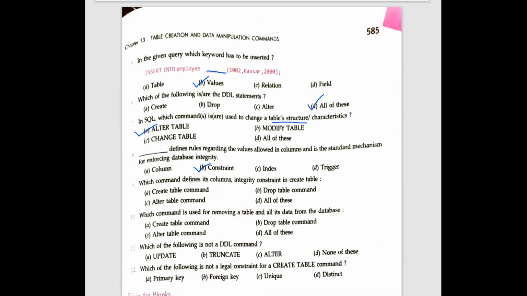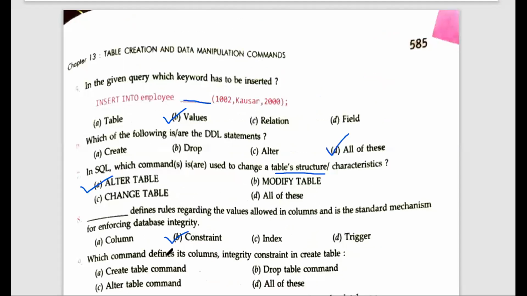Okay, then the next question is, which command defines its column integrity constraints in create table? Let us read the question properly. Which command defines its columns integrity constraint in create table?